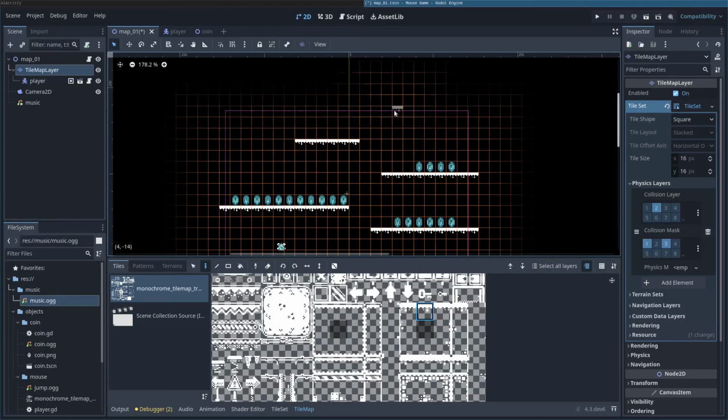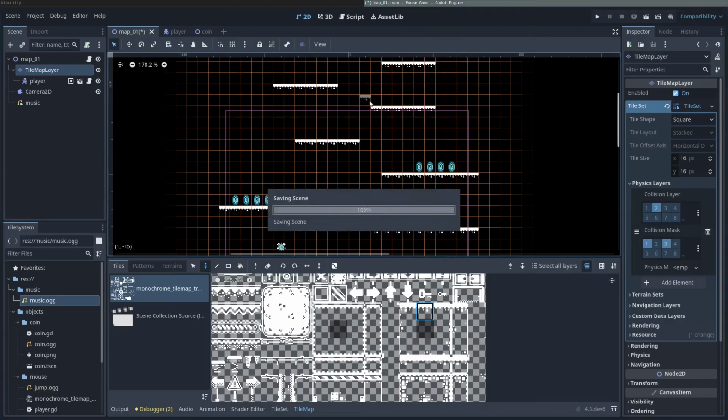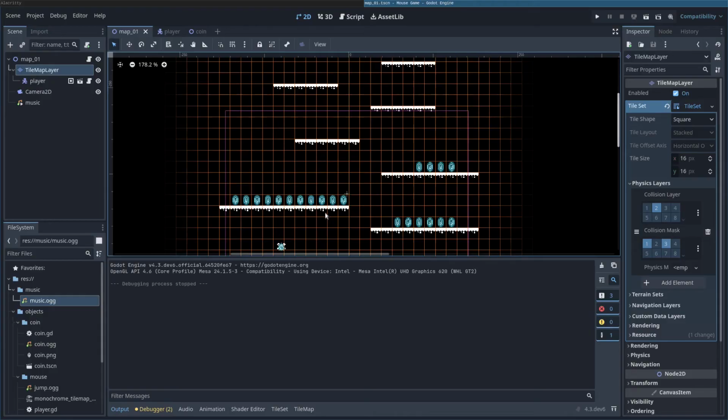So I'm going to draw another platform here, another platform here, another platform here. Let's erase this one. We'll go up a little bit higher right there. So now I'll hit F5 to start our game, and you'll see I can go up here. Oops. It's fine if you're going to have you go to another screen like you did in old school games, but